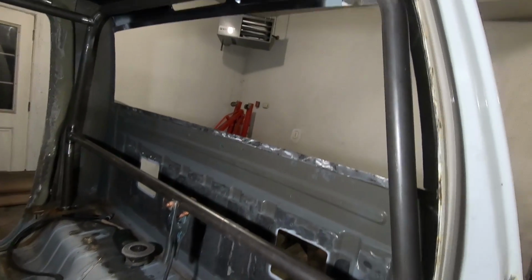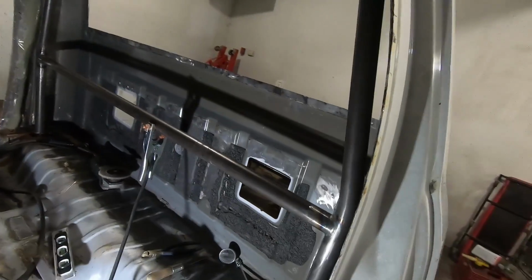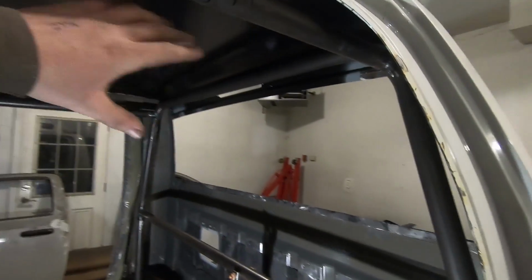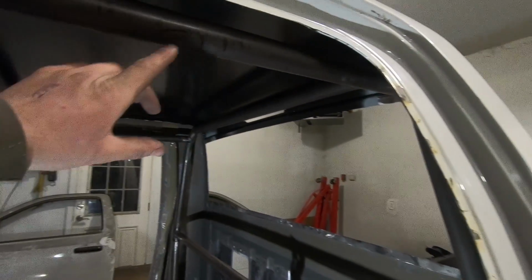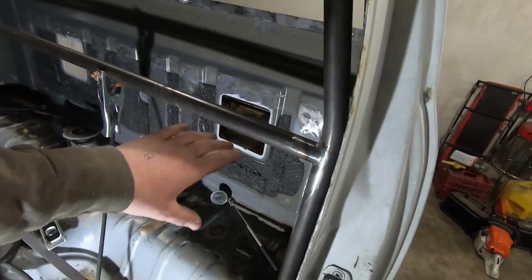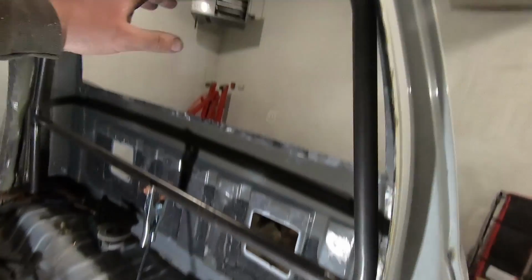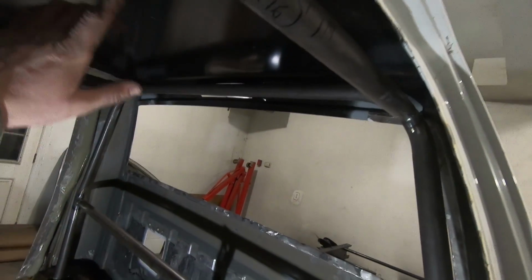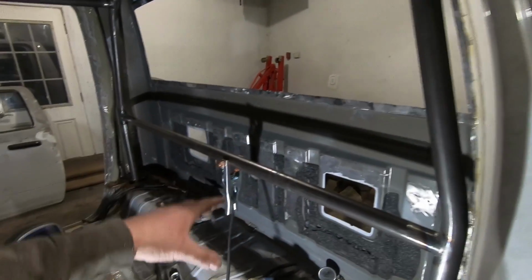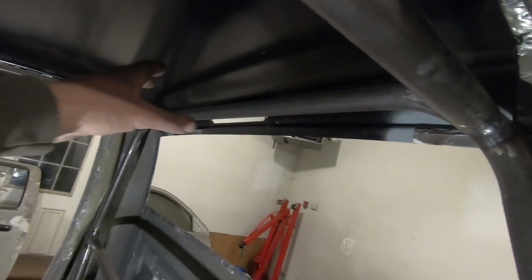Next step will be to start building out our funny car cage. Basically, what I'm trying to do is get everything in that's going to be up top here so we can get all our top welds finished welded. We can drop the cage back down. This bar is going to limit that a little bit. We'll only be able to drop it a foot or so, but our main hoop's going to have to come from here around over. It's going to have to go down to that bar. So that bar needed to be in, and now we got that in, and then we can do our